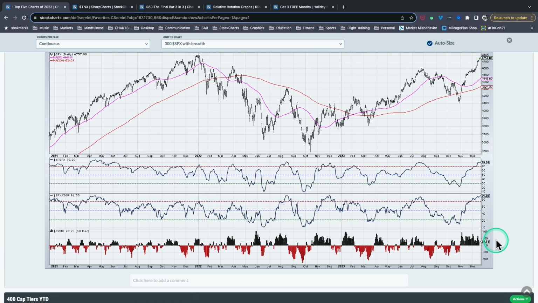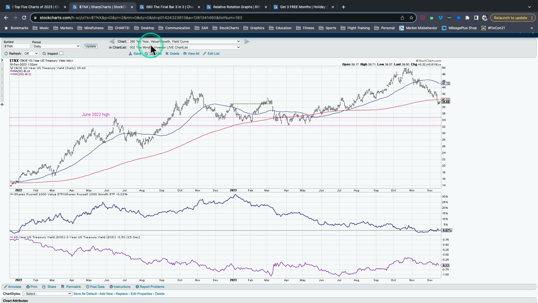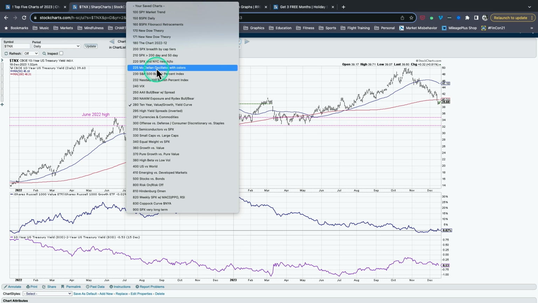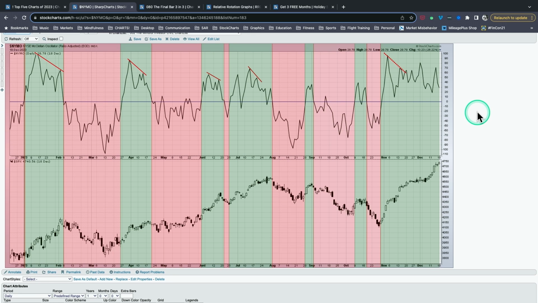Now at the bottom we have the McClellan Oscillator, and I'm going to show you a different chart because I often show the McClellan Oscillator in a bit of a different visual, and just so you know what indicator we're talking about, it's this one, and I have a color-coded version that I like to share. And I almost made this the chart, to be honest with you,